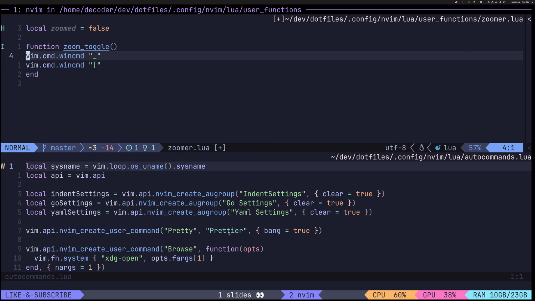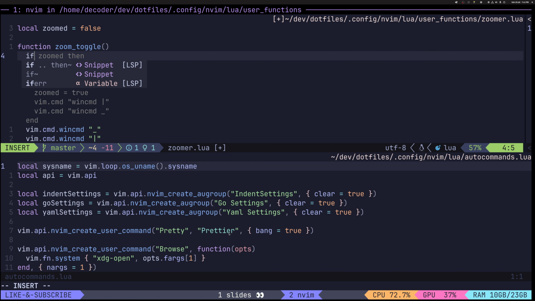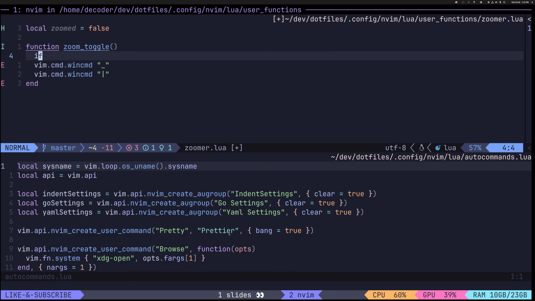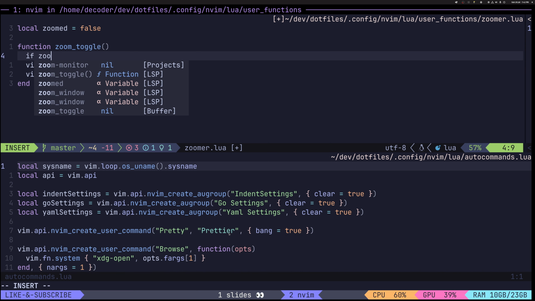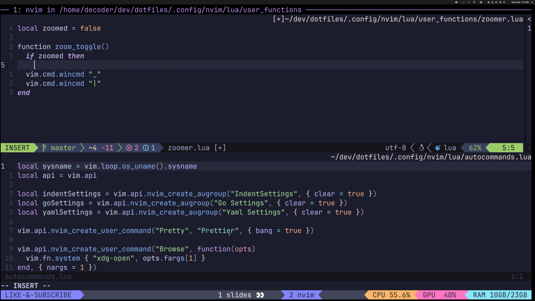Do this like that. So we have this. Now we need some kind of conditionals, right? So we'll say if zoom, let me switch off disable autopilot. So if zoomed